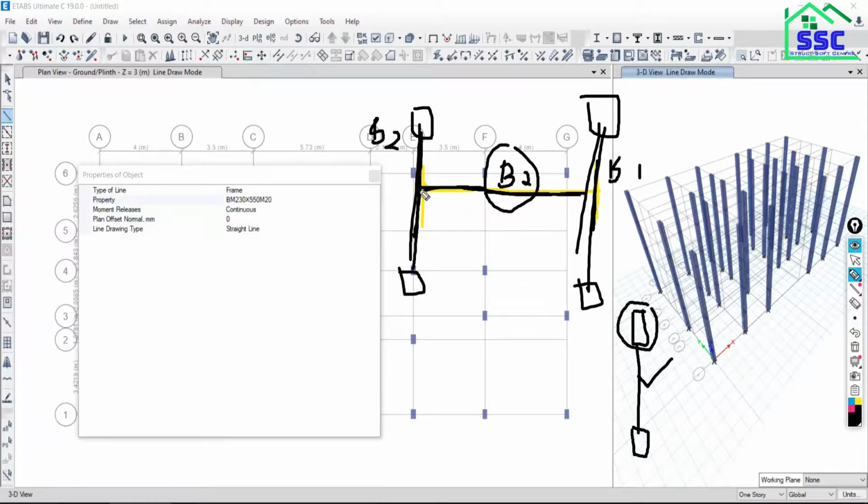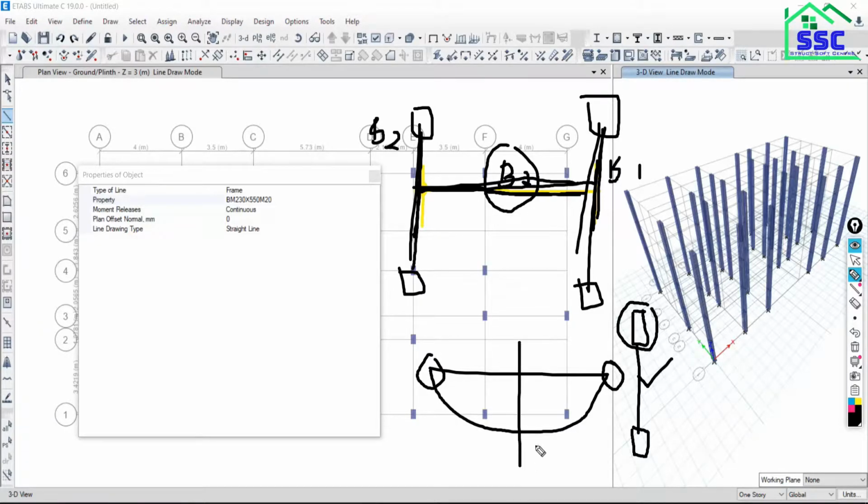The beam which is going to rest over the primary beam, we are calling it the secondary beam, and we are considering this as a simply supported beam. And you know that in the case of a simply supported beam, there will be no moment at the end, and there will be maximum moment at the mid of span.